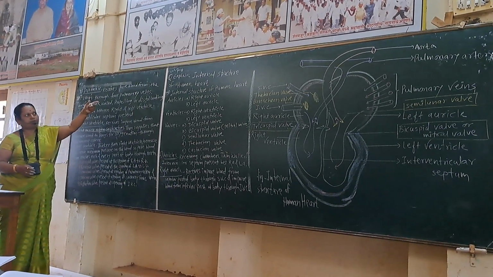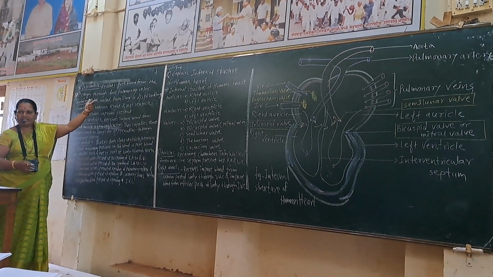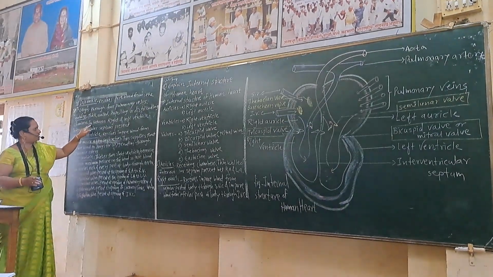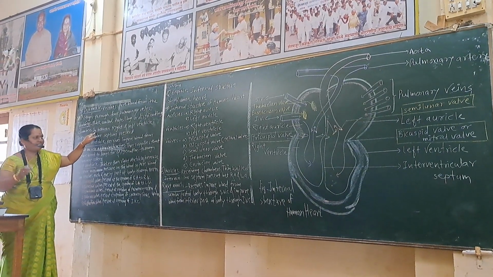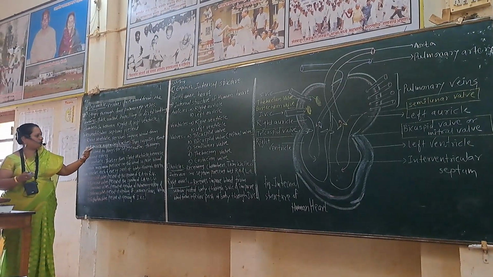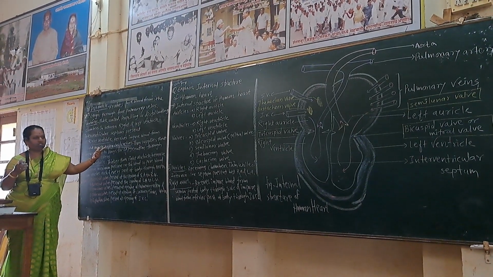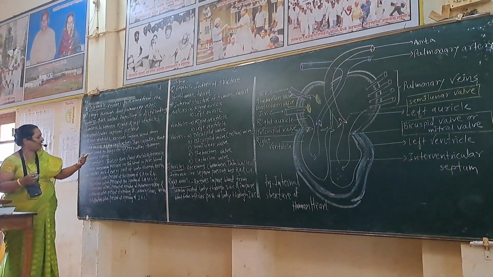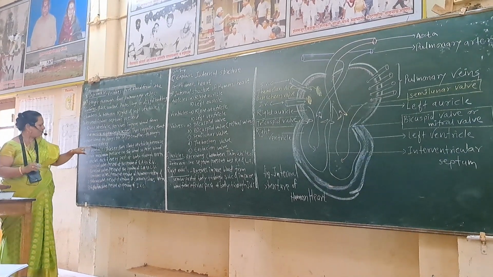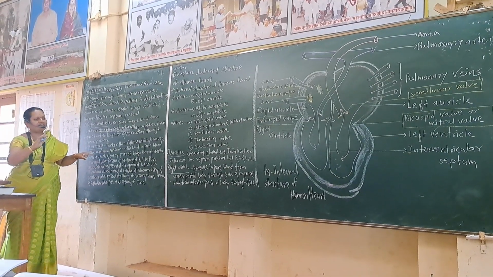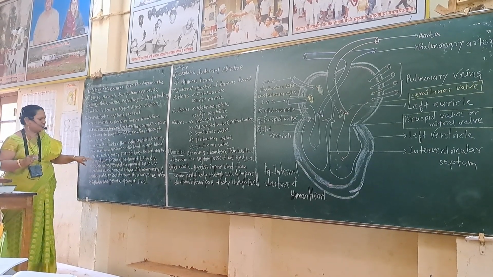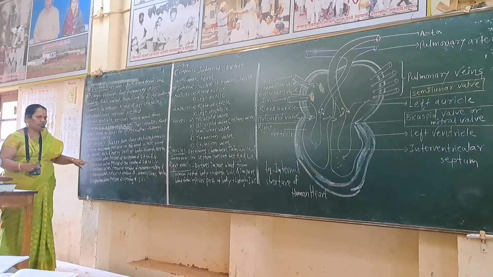Left auricle receives pure blood from the lungs through 4 pulmonary veins. Ventricles are thick-walled, also called propelling or distributing chambers. In between right and left ventricle, there is the interventricular septum. Right ventricle receives impure blood from right auricle, and after contraction of auricle, it supplies that impure blood to the lungs for oxygenation through the pulmonary artery. Left ventricle is thicker than right ventricle because it has to create maximum pressure on the blood, so pure blood can reach each and every part of the body through the aorta.